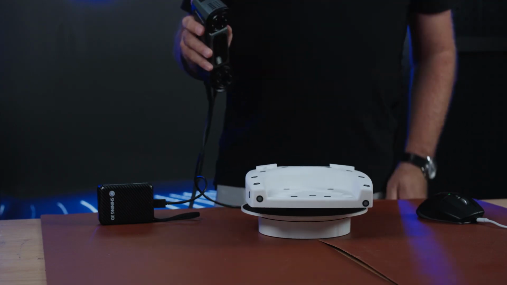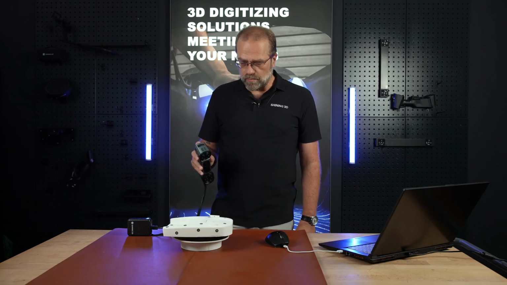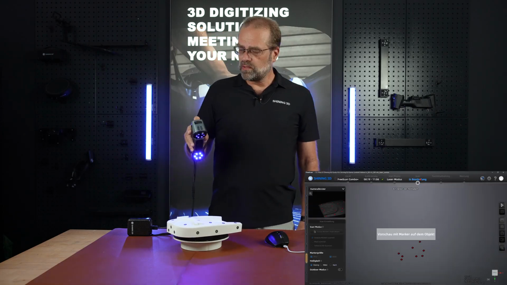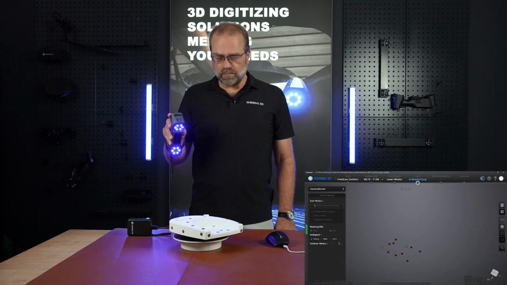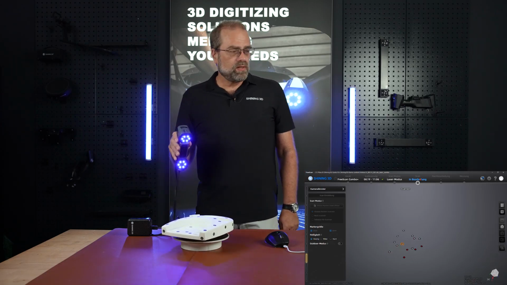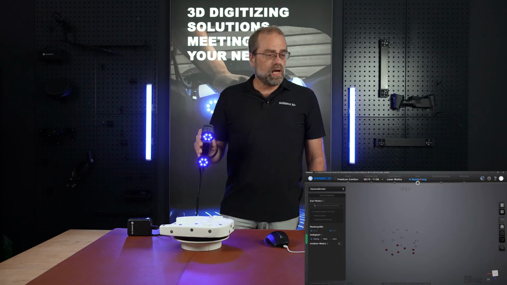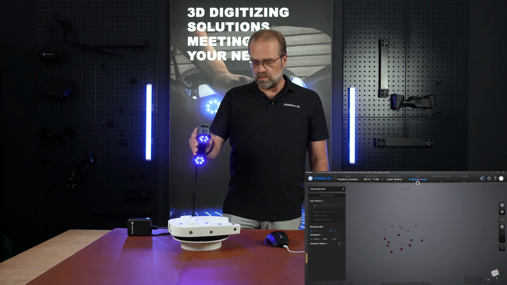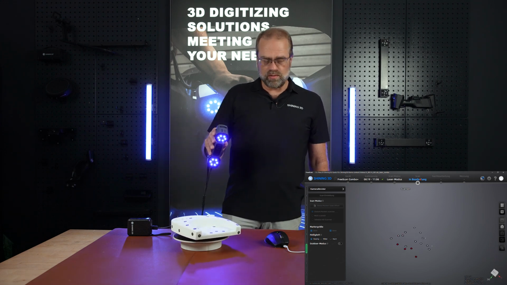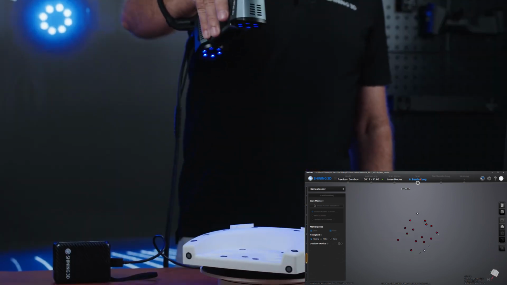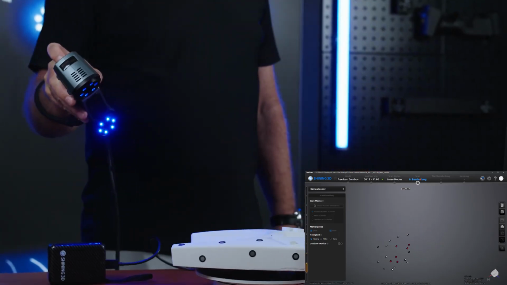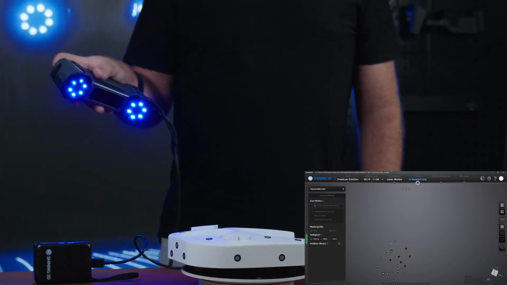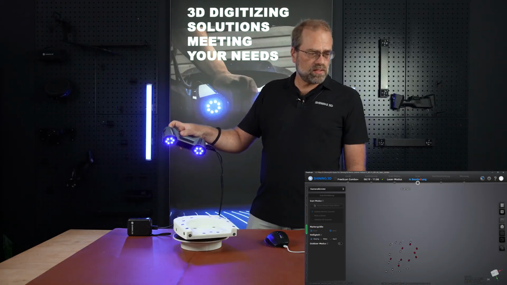First of all, we have to generate a marker file that helps the scanner locate the position of the part. As you can see, the markers on the screen are also judged to see if they are good enough to scan the object, or if you have to rescan a little bit. As soon as you have enough points scanned on the model,